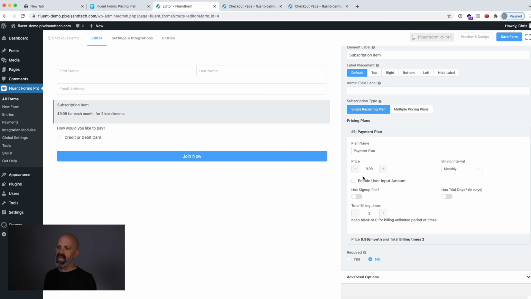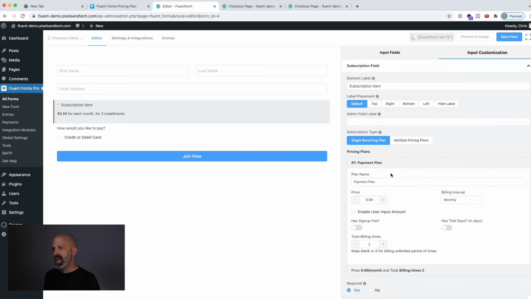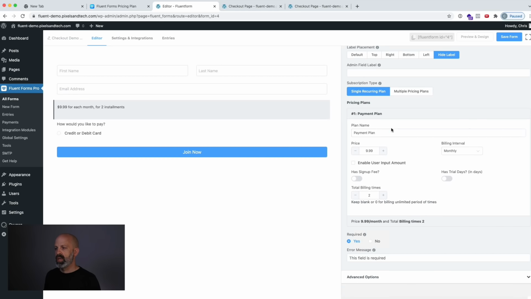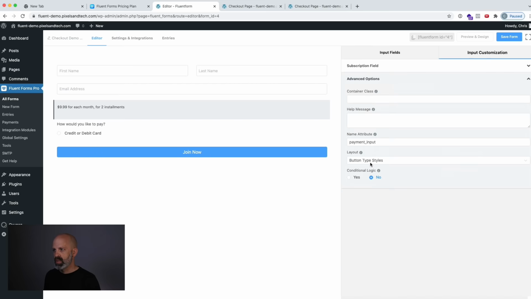So they'll pay a total of just under $20. I'm going to check this as yes, required. And that's it. Again, if I want to leave this label there, then I would need to change it to something that's more descriptive of what this is for. I, again, like to hide it. And then I also like to completely hide this from showing up altogether, which is under container class FF hidden,